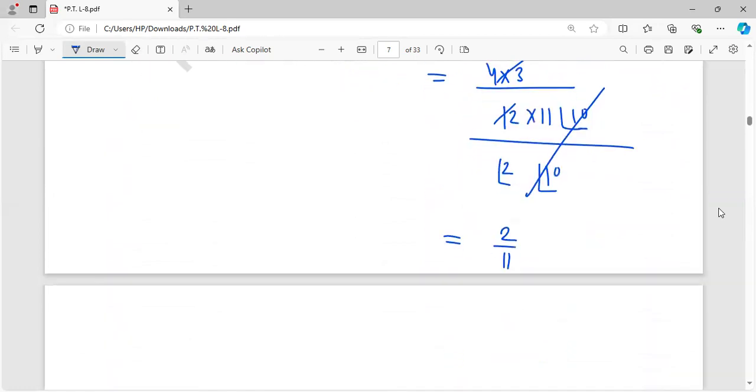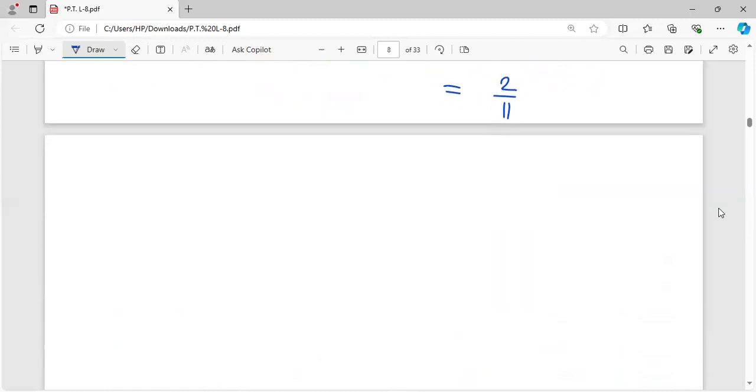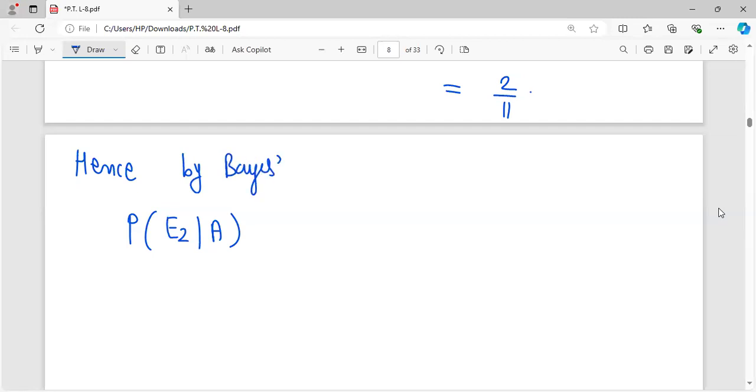Okay. Now we have to calculate this probability, that event A happens and it is found that urn 2 is chosen. So how to use it here? Hence, by Bayes rule,